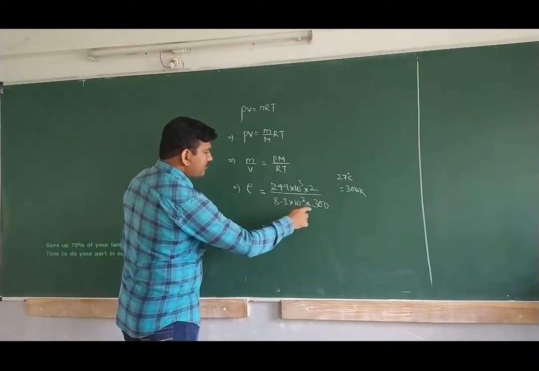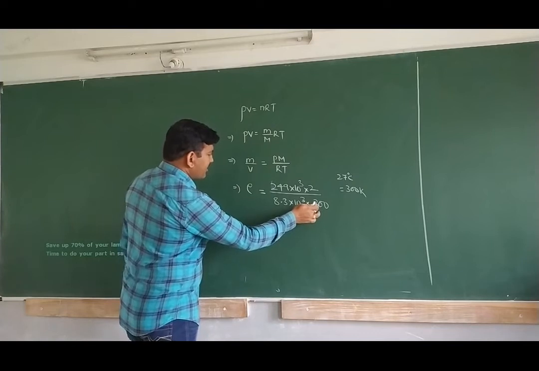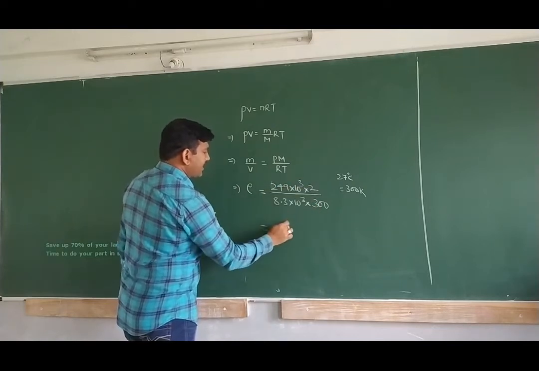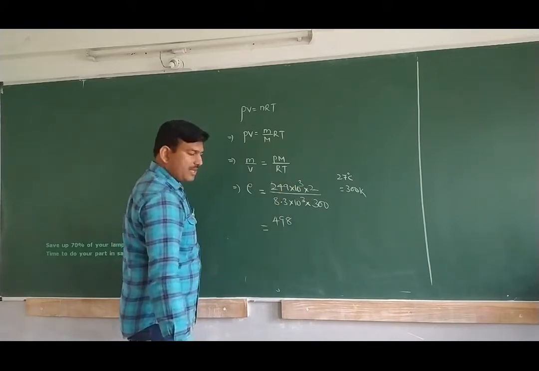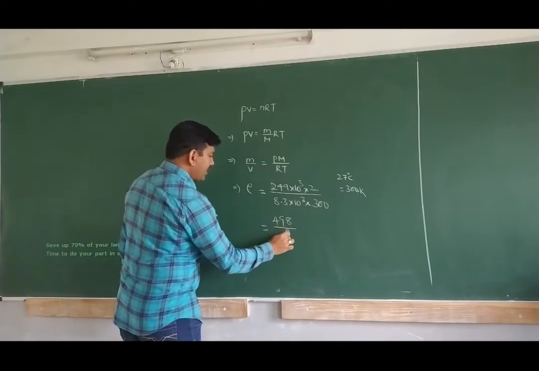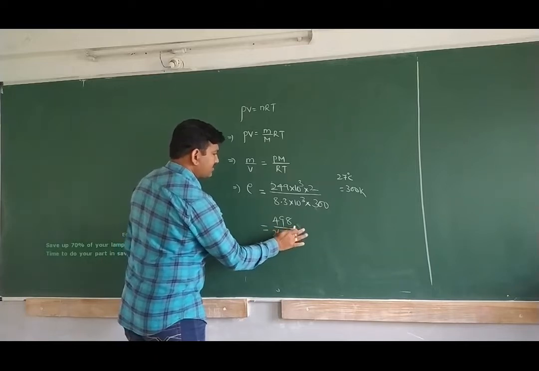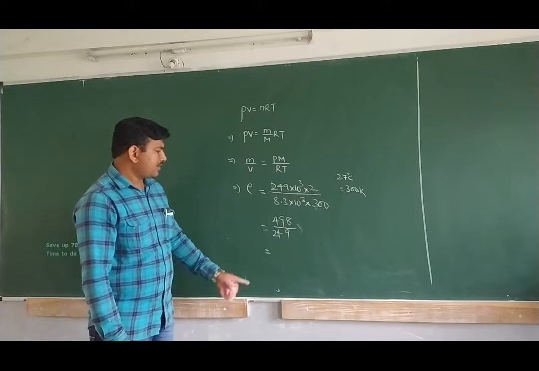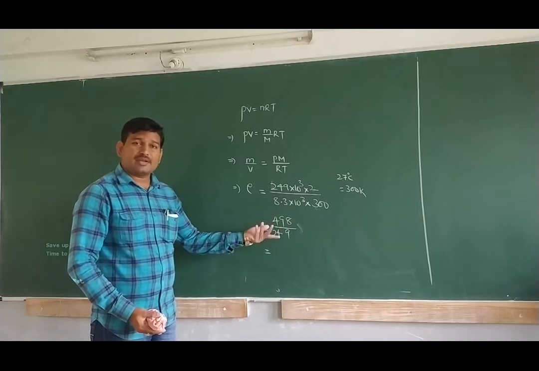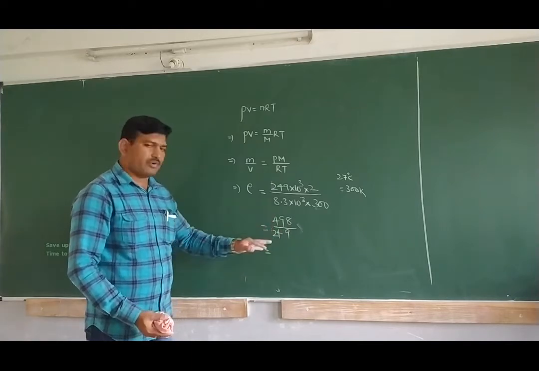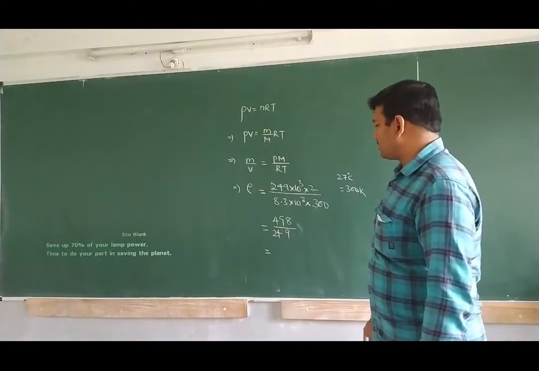If you see here, you can do a rough calculation. If you do this, you will have the answer like this. First multiply this with this. Then 8 and 9, this is 498 divided by 3 into 3, 9 point, this is 24 point something. If you observe here, let us consider this is 249, this is 498, approximately it will go 2 times. So you should get 20 point something. You see the options first, then we can directly evaluate. No need of doing calculations.